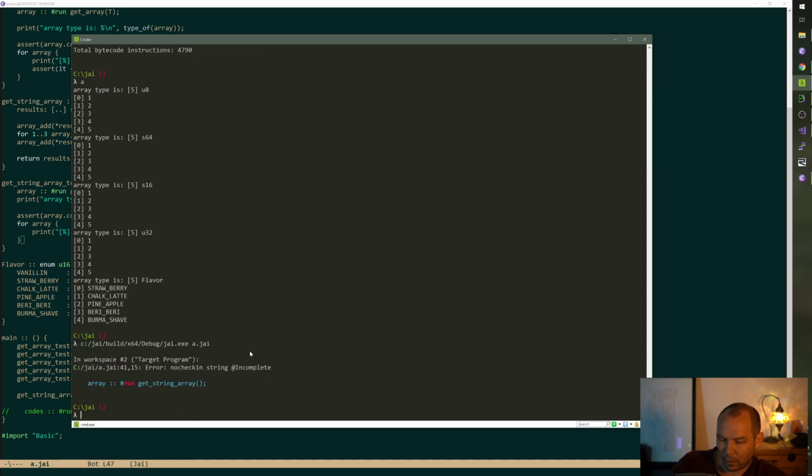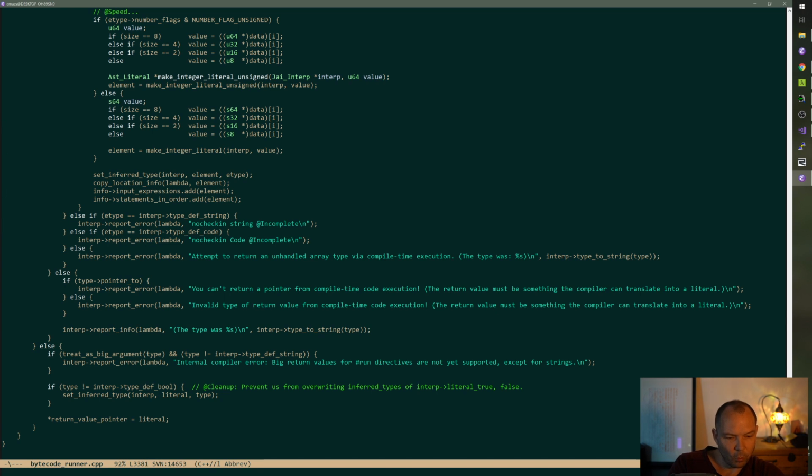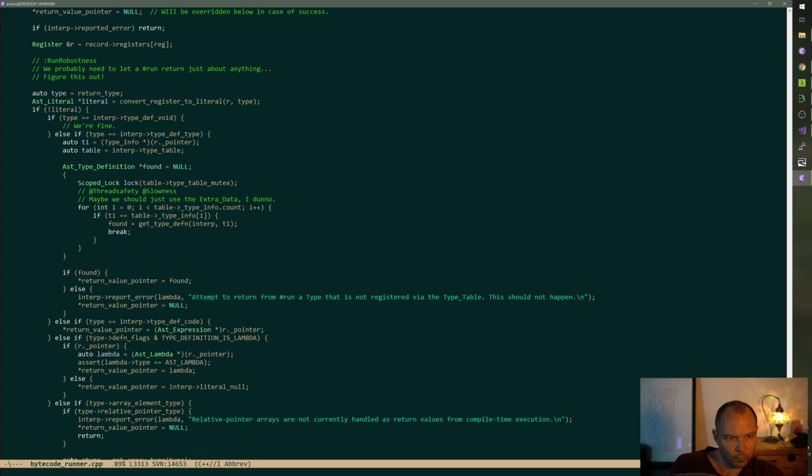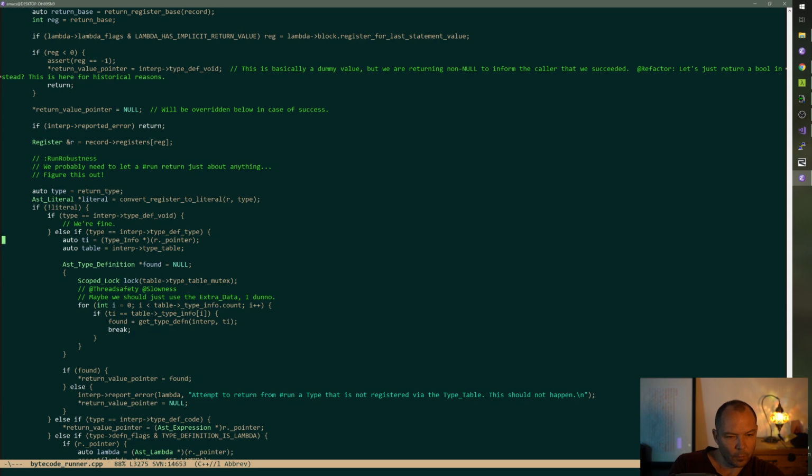that is incomplete because we haven't handled string. So that should happen. But then, of course, that's like convert register to, ugh.